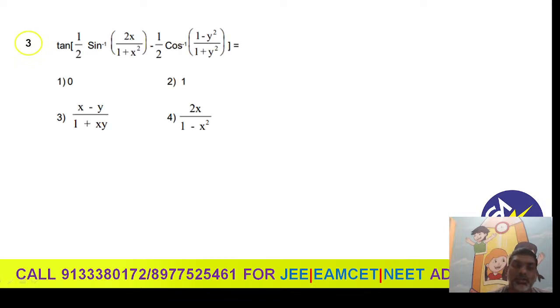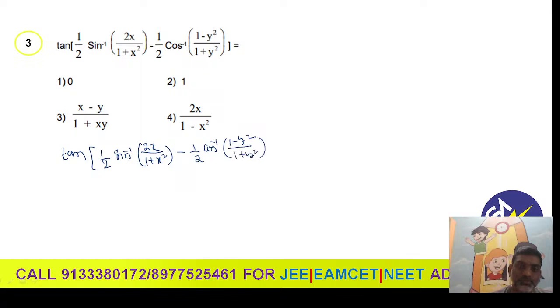And next, question number 3. Yeah, what is question number 3? Tan inverse of tan of 1 by 2 sine inverse of 2x divided by 1 plus x square minus 1 by 2 into cos inverse of 1 minus y square divided by 1 plus y square, which is equal to how much? So let us take, put x is equal to tan A, y is equal to tan B,